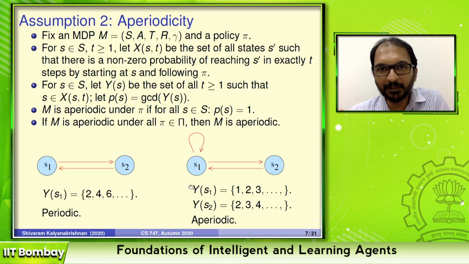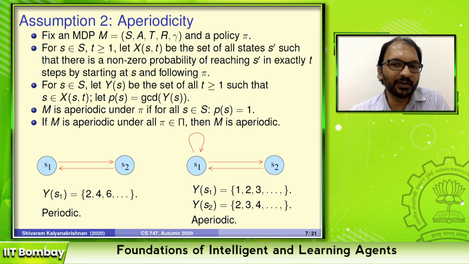This MDP on the right, on the other hand, imagine that, and by the way, on the MDP on the left, the same is kind of happening with S2 also, right? If you're in S1 on even numbered, then you'll be in S2 on odd numbered, and vice versa. S1, on the other hand, has a self loop going on over here, right? But imagine, because of that, what's going to happen?